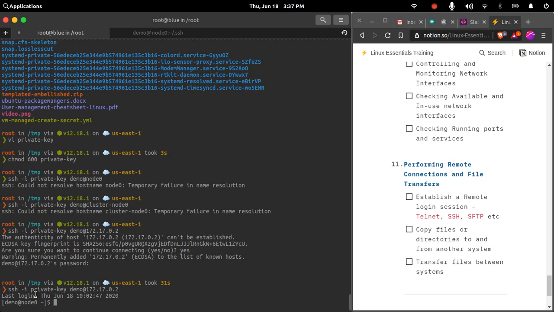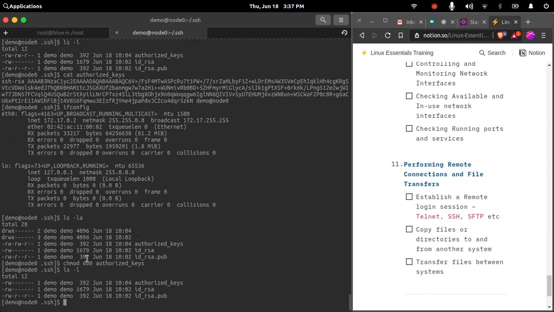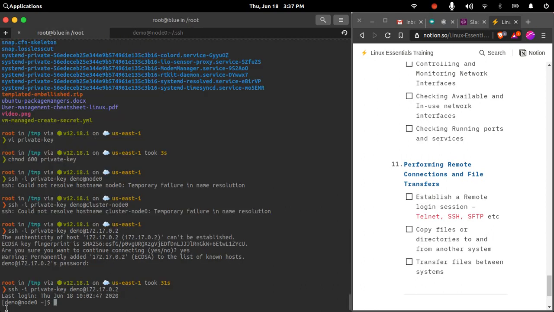Here I have provided my identity file, the private key file, the username and the IP address of the instance. This instance is currently running on my own system. It is a Docker container, but it has SSH running. So I am able to connect with this user demo node 0.